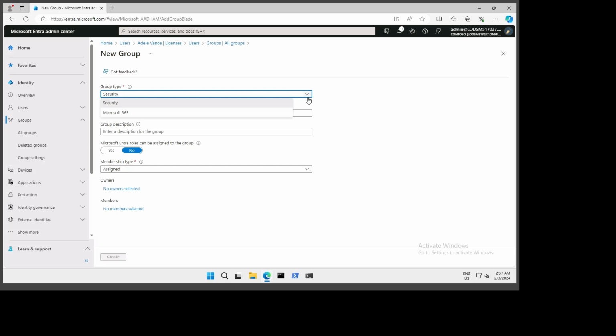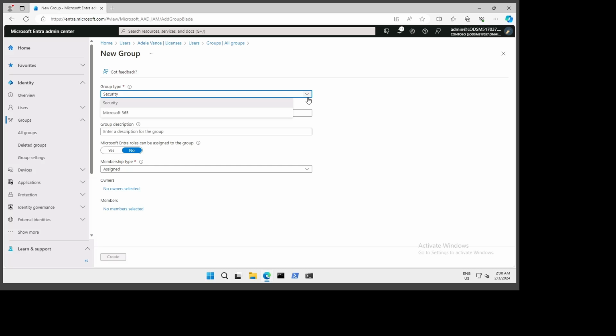But if we click on the drop down, we see that we have another kind of group, which is the Microsoft 365 group. So the question is, what is the difference between a security group and a Microsoft 365 group? Basically, security groups are used for permission assignment. So rather than, like you saw when I was creating the John user, rather than assigning permissions or roles on an individual basis, which can, as you can imagine, be pretty tedious depending on the volume of users that you've got. You can rather